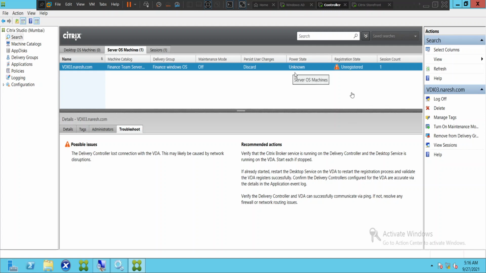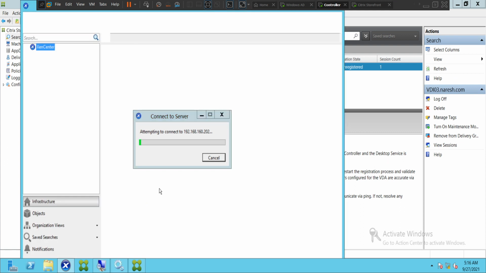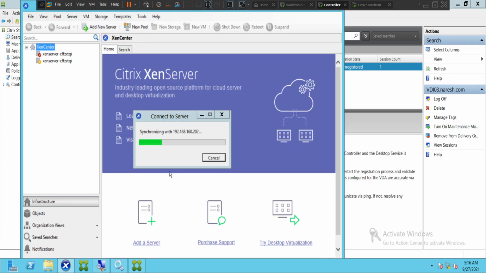Okay, let me quickly go to my Zen server. Let me log into Zen server. It takes a few seconds to load, so please bear with me. Okay, it's coming up. It's trying to connect to Zen server.